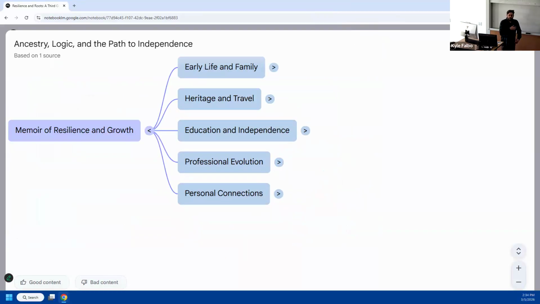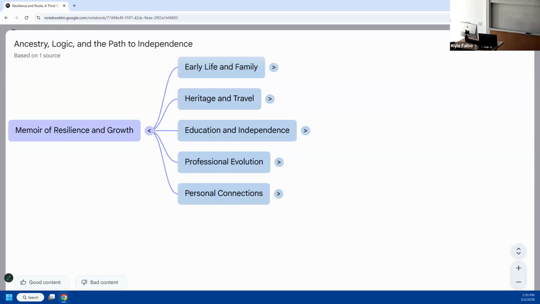So, one of the Notebook LM features is called a mind map. Mind maps are a really nice visualization feature. In this case, there was only that single document, the primary memoir of resilience and growth. That's what it defined the structure as.